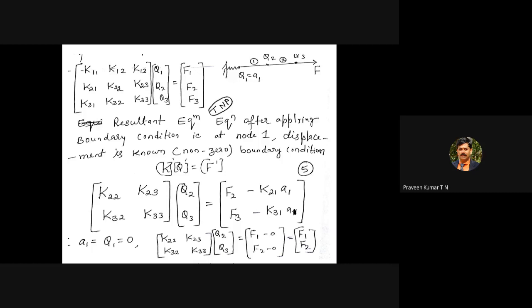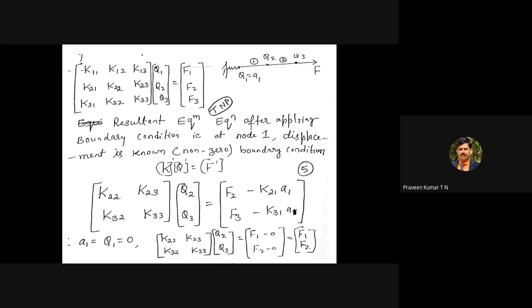We have F2 and F3, those are the original force values or force vector, minus, we can see here, we have eliminated the first row, first column, so we have K21. If you go for regular matrix multiplication, K21 into Q1. K21 is a constant, and Q1 is also constant. Q1 is equal to A1. K21 into Q1 will come into the picture as one equation. In the derivation, all those derived things are there. But from the examination point of view, if you remember how to modify the force vector, that is sufficient.